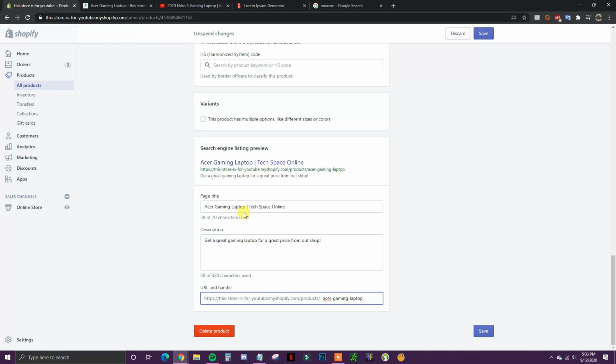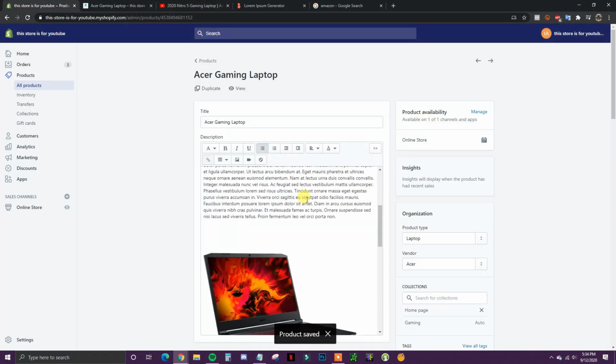And just like with the page title and the description, you just want to make sure that the primary keyword is in here. So the primary keyword for this product, for example, would just be gaming laptop. So I would just want to make sure that's in the title, the description, and in the URL. So at this point, I would go ahead and click save, and that's how you customize this part of the